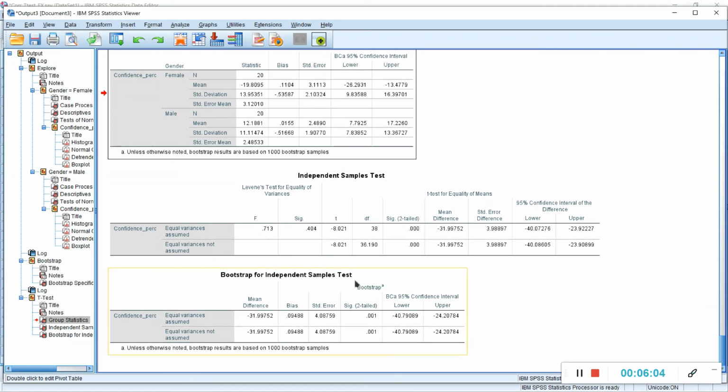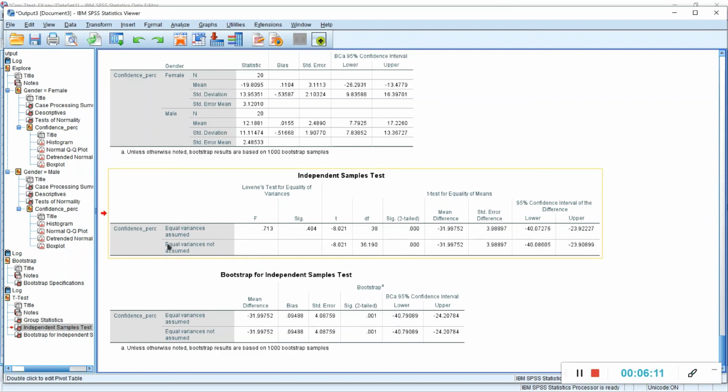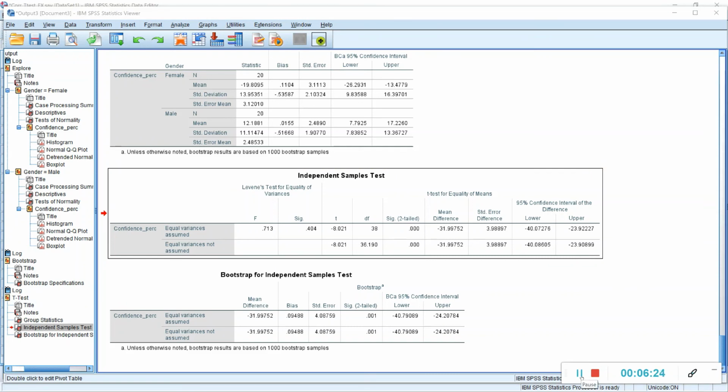However, because we just saw that the normality assumption for males did not hold, it is recommended that we report Welch's t-test, which is just the equal variance not assumed version. So you would report this t-value, these degrees of freedom, this significance level, and these confidence intervals for your data. In essence, that is the only difference between the Student's t-test and Welch's test within SPSS, the difference between reporting the first row or the second row of your data,